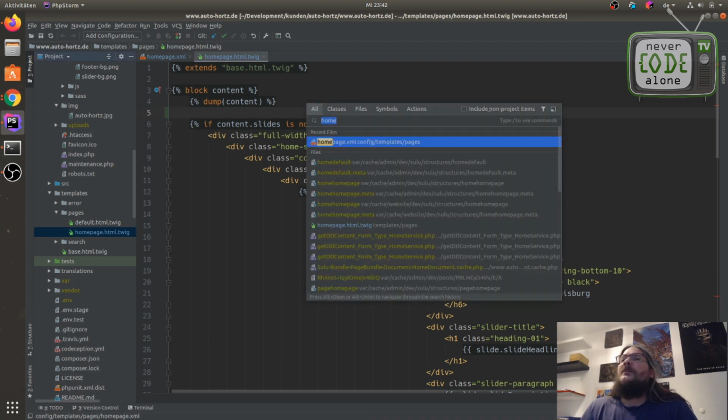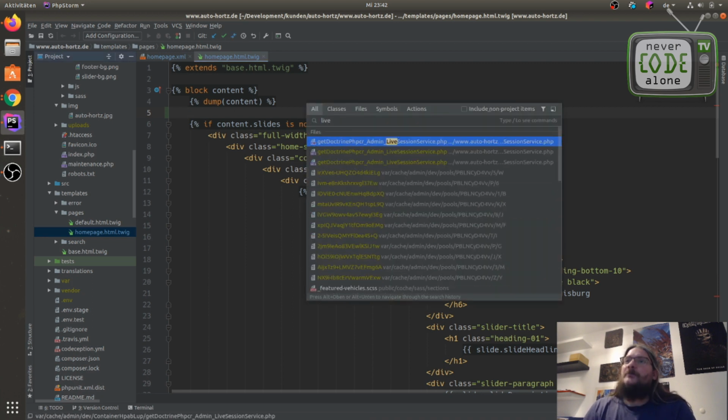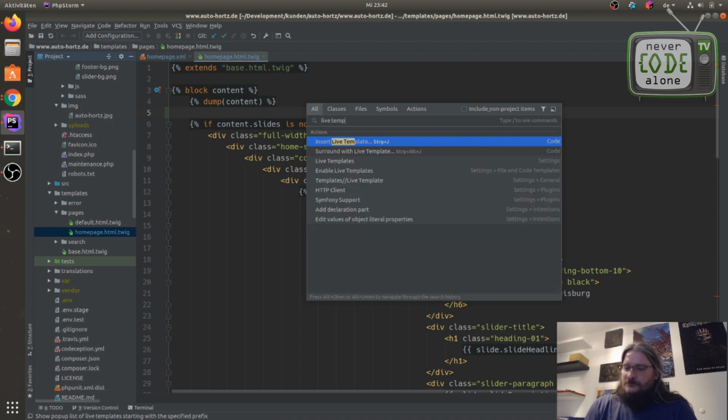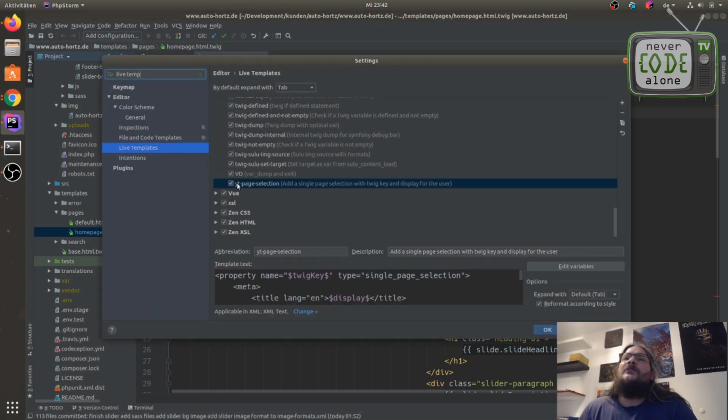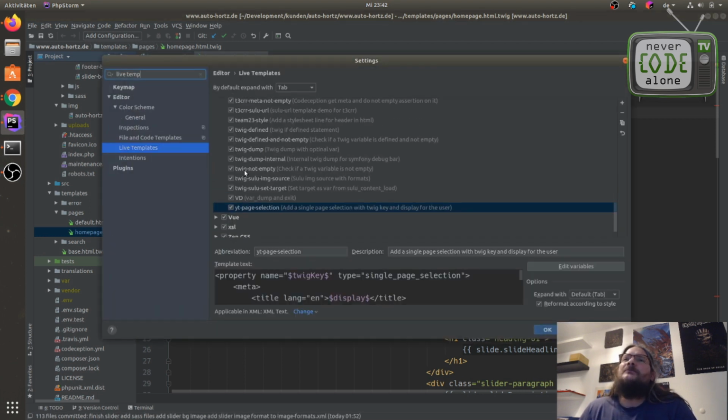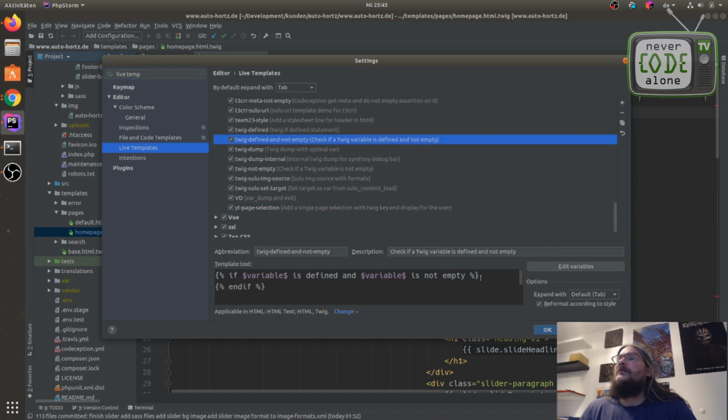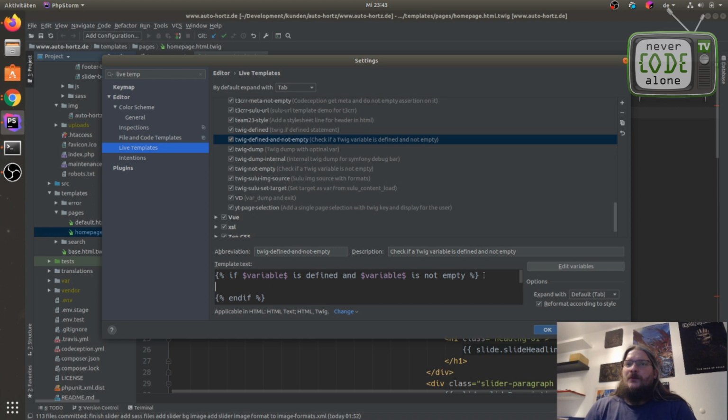Shift. We have our live template. Check it out. This was under Twig. This is a Twig and not empty. So we will add here an end. Apply.